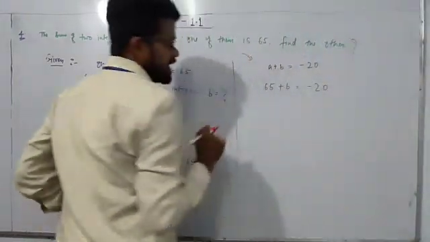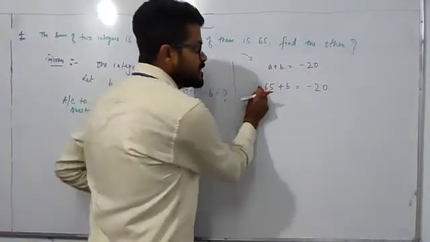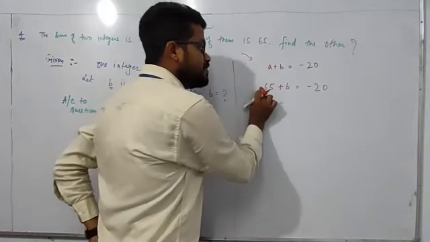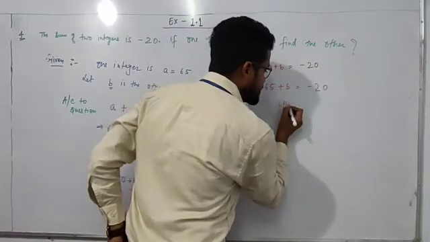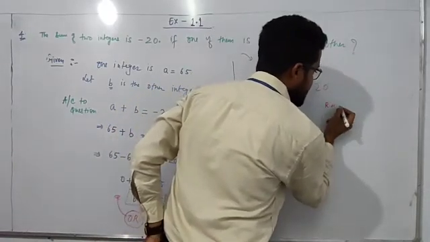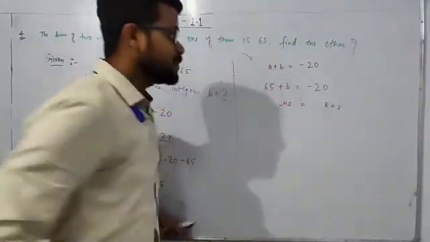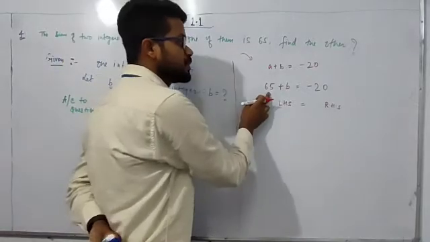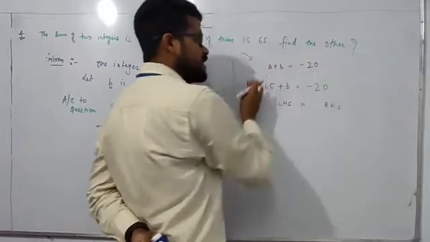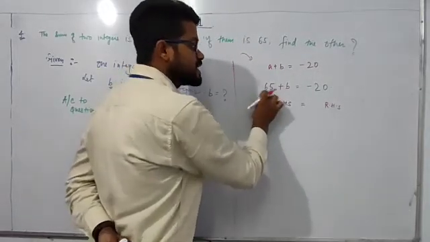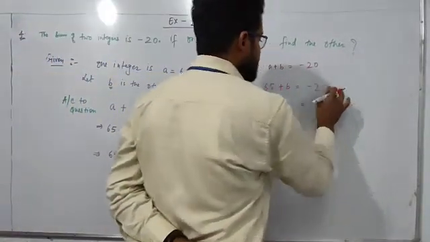And just try to understand what we will do here. This one is a positive sign. This one is the left hand side and this one is the right hand side. This is the left side and this is the right side of the equals sign. If a value goes from the left side to the right hand side, or the right hand side to the left hand side, the sign of the number is changed. The sign of the number will be changed.